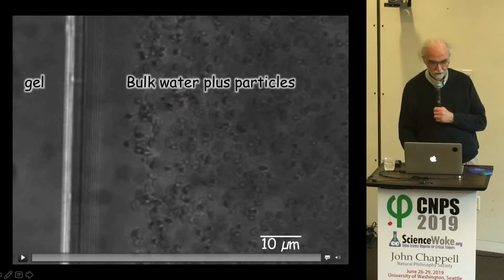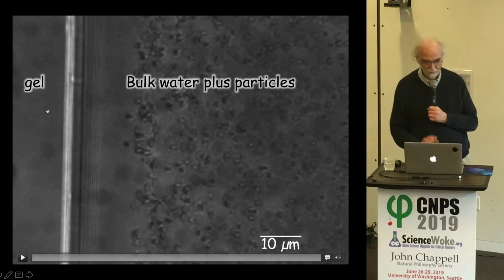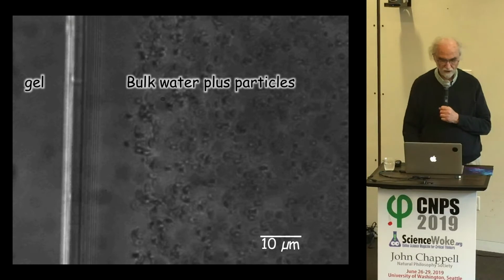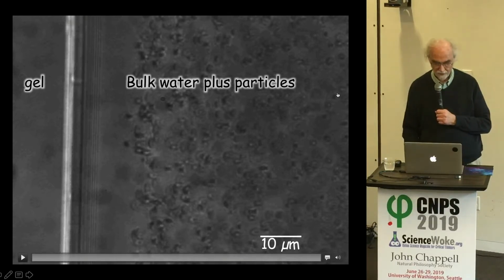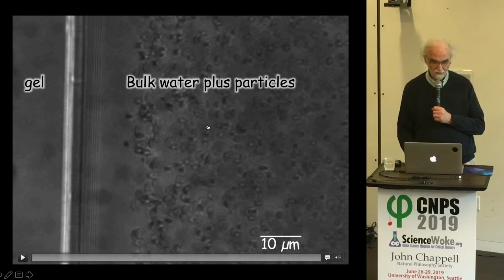This is a gel, ordinary gel, just like, for example, Jell-O, but we use different kinds of gels, placed in a chamber that you see here. And we added water plus particles. And the particles that we routinely used are called microspheres. They're actually little spheres. You can get them functionalized in different ways, typically 1 micrometer in diameter. You can get smaller or bigger.